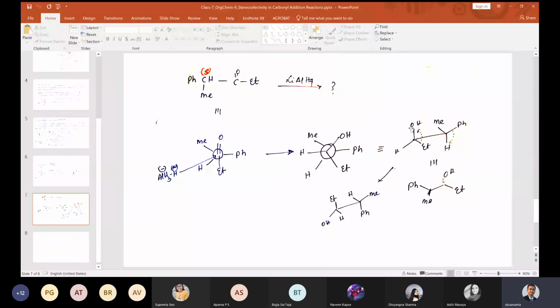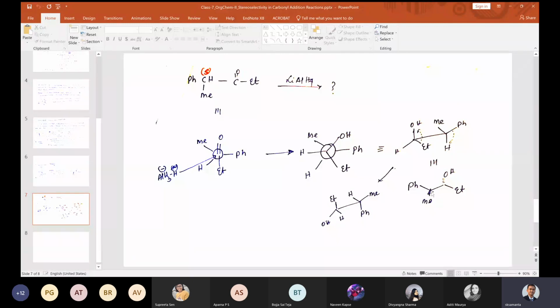The simplest way to do it, as I said, is that phenyl, the largest or bulkiest group, will be on the extreme left, and the longest chain will be on the plane of the paper. Here ethyl would be the longest, so it is on the plane of the paper, and phenyl should be on the paper too. If you consider this tetrahedral carbon, this is your A, phenyl is your B, this is your C. So A to B to C is anti-clockwise, hydrogen in the back. So this is your S stereochemistry.